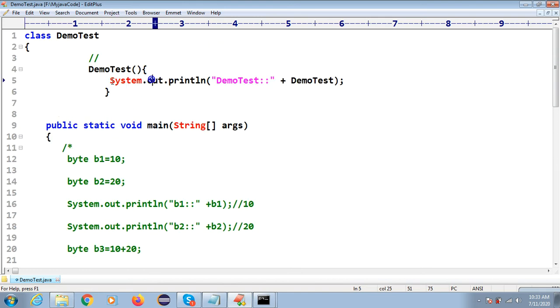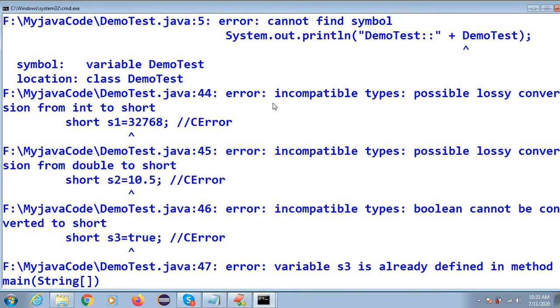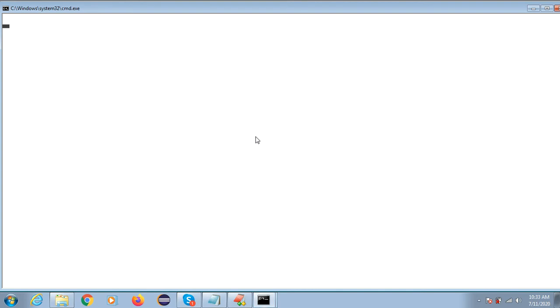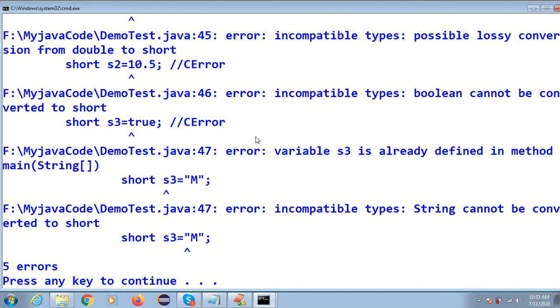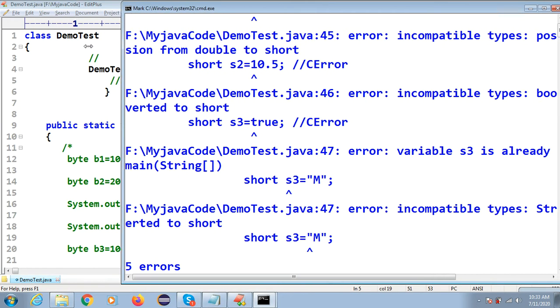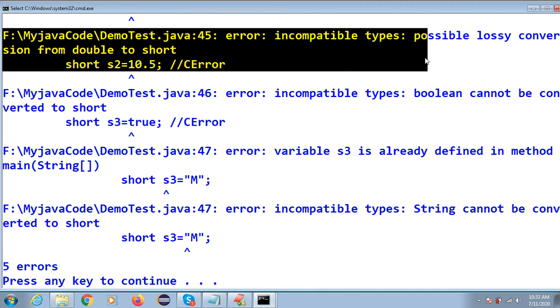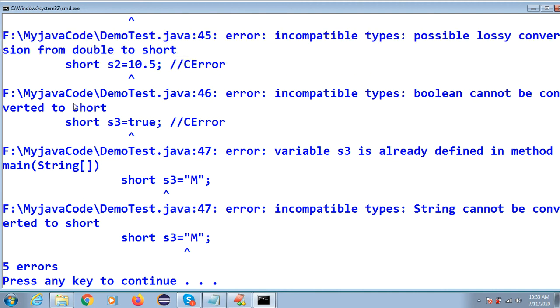Here it should not work. Okay, so now, you can see here line number 45, we are getting the same message we got in your previous code. Here we get the same message, incompatible type. Whatever the problem is, here we are getting some different message.